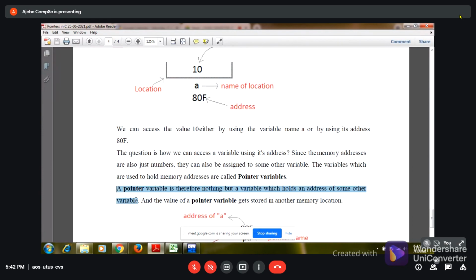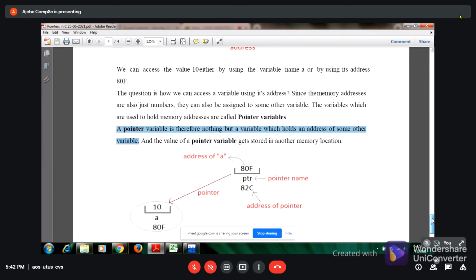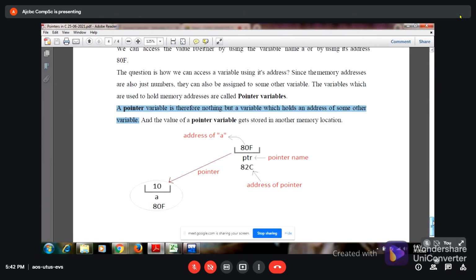This line is very important: a pointer variable is a variable which stores the address of some other variable. And the pointer variable itself gets stored in another memory location. So see, A has address ATF and value 10.